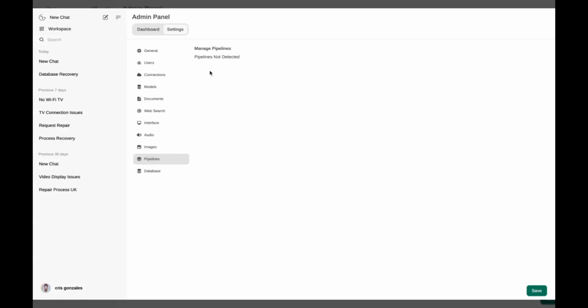Pipeline, this is when the model's already located locally. Again, we use this for heavy RAG usage. And then database is just where you want everything to sit, like all the chat history, etc. So again, this will be located locally.